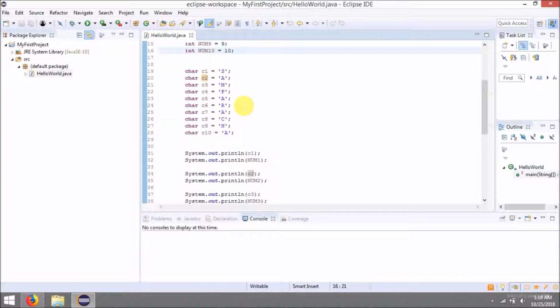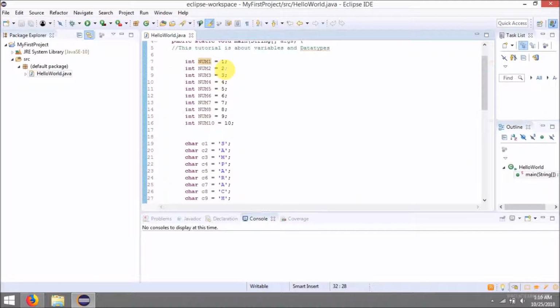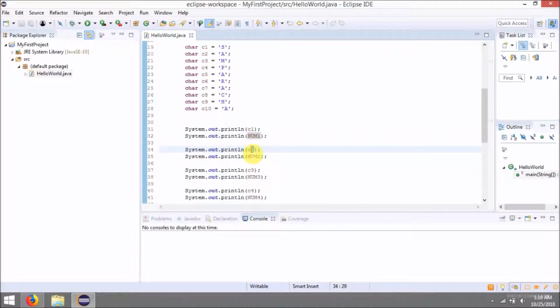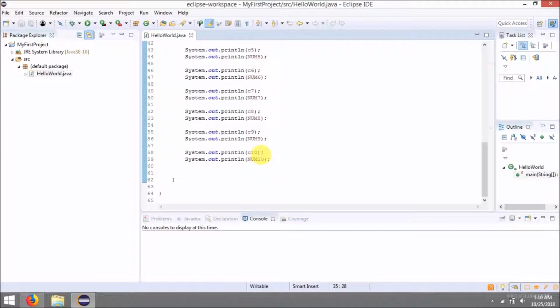Now I just print them sequentially. I have printed C1, then on the next line I have printed num1. So C1 will print the first character of my name. C1 represents first character, and then num1 will print the number 1. Then C2 will print the second character of my name, and num2 will print the number 2, and so on. And at the end, C10 will print the last character of my name, as my name has 10 characters, and then num10 will show the number of